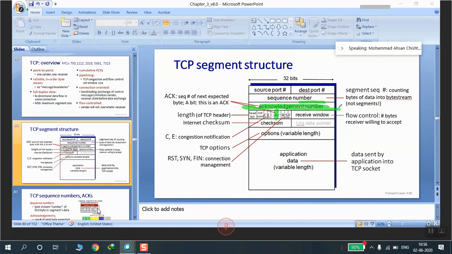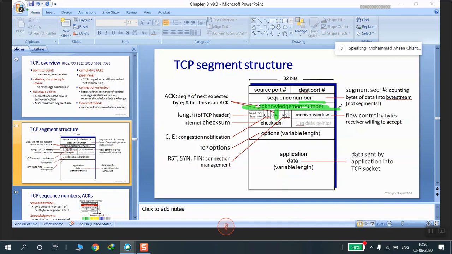Header length, I already mentioned what it is. You can call it data offset also. It's a 4-bit size. And what is its purpose? Its purpose is to give the size of the TCP header, in 32-bit words. The minimum size of the header here is 5 words.